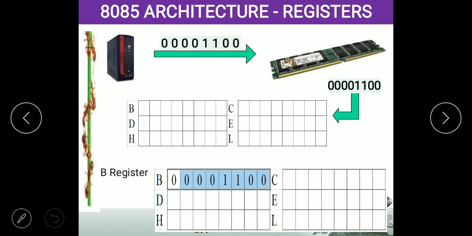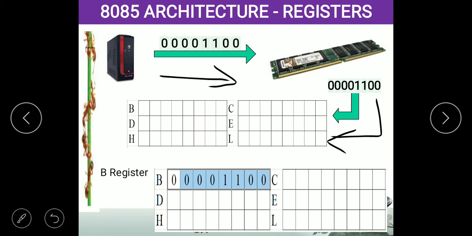Okay, in the CPU, that number moves directly to the RAM, random access memory, where this number is stored. Then the RAM sends that number to the registers. The registers are B, C, D, E, H and L. They are inside the processor, again a memory element.